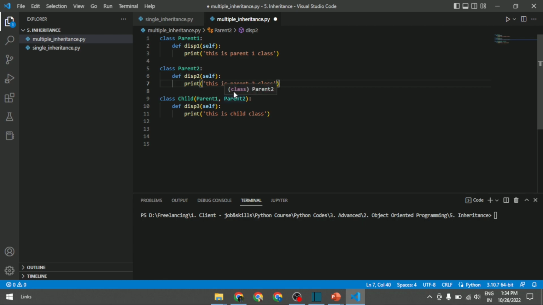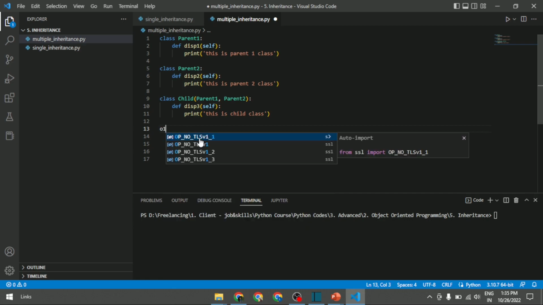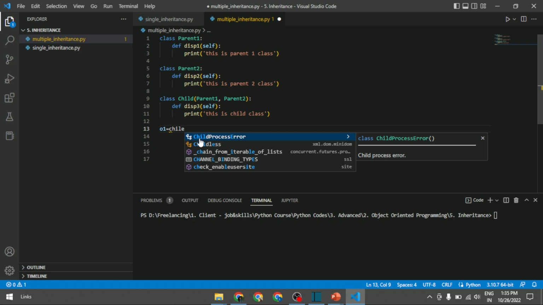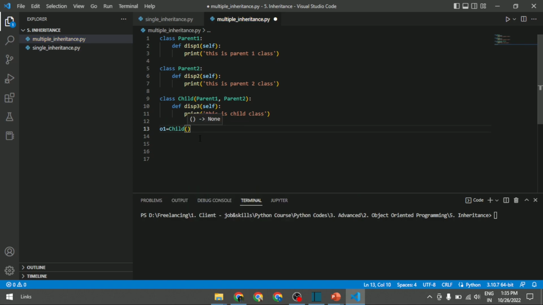Just consider as an example, we are derived from our parents, mother and father, and here also I have derived the child which is derived from its parent1 and parent2. Now I created a function disp3, and this is child class as the print statement. Now I am able to access all the parent1 and parent2 properties or the characteristics or the methods with the help of child object. I will create an object o1 is equal to child, then I will access the parent1, parent2 and child class methods with the help of child object o1 dot